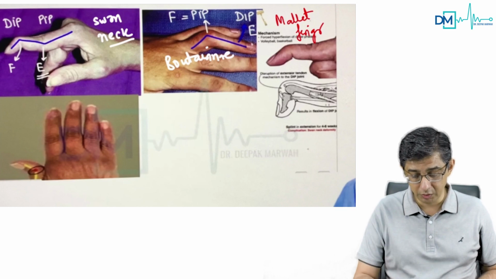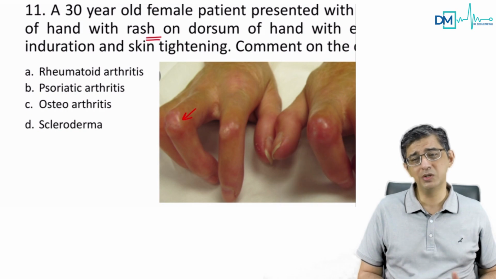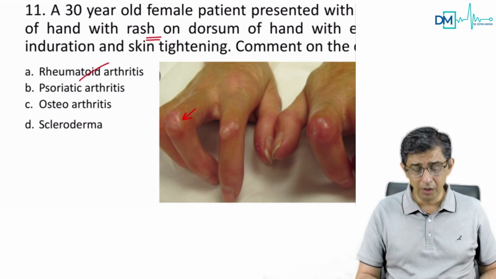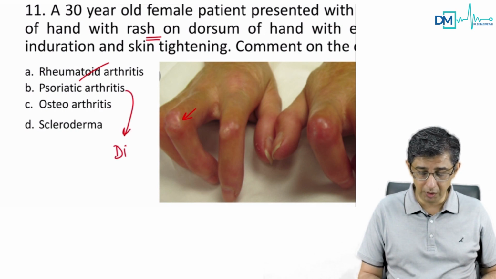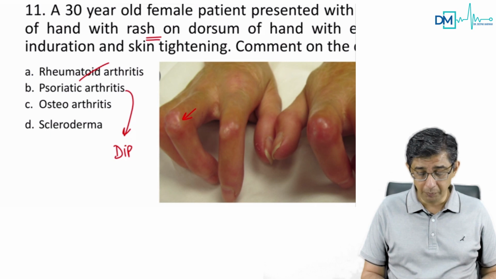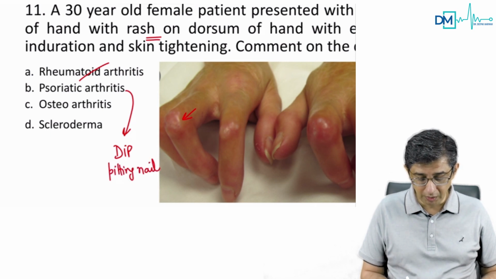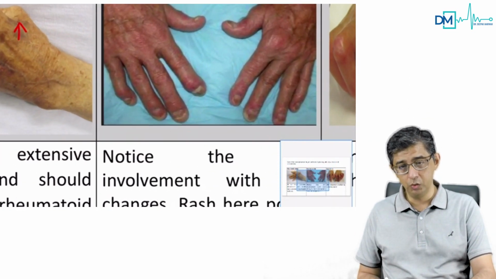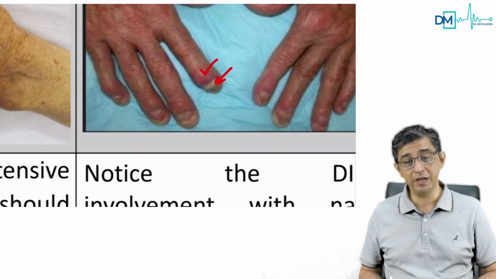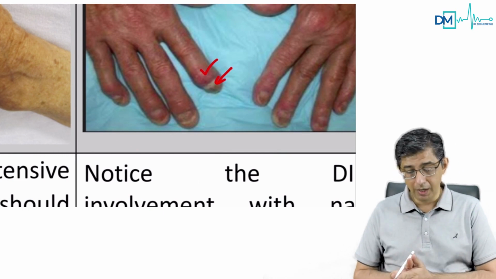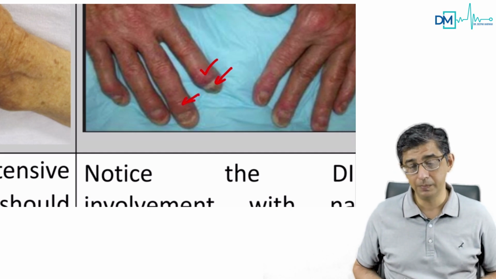And another advantage, you can still see a rheumatoid nodule. So was there a rheumatoid nodule present? Most people said no, sir, we could not see any nodules. So I'm ruling that out. Psoriatic arthritis can be a possibility, because psoriatic arthritis will cause involvement of DIP, and then you would be seeing pitting of the nails. So I'll show you an image now of a person having psoriatic arthritis, where you can notice, I'll just zoom it in, the pitting of the nails. So if you're having a pitting, you are having a bit of rash, because psoriasis will also be having a rash, and you can have deformities in the distal interphalangeal joint. Yes, it can be psoriatic arthritis also.